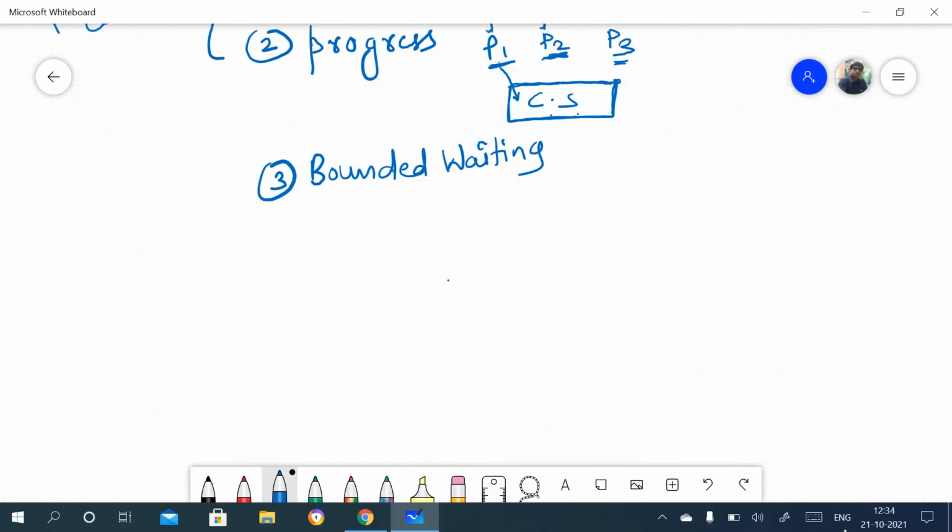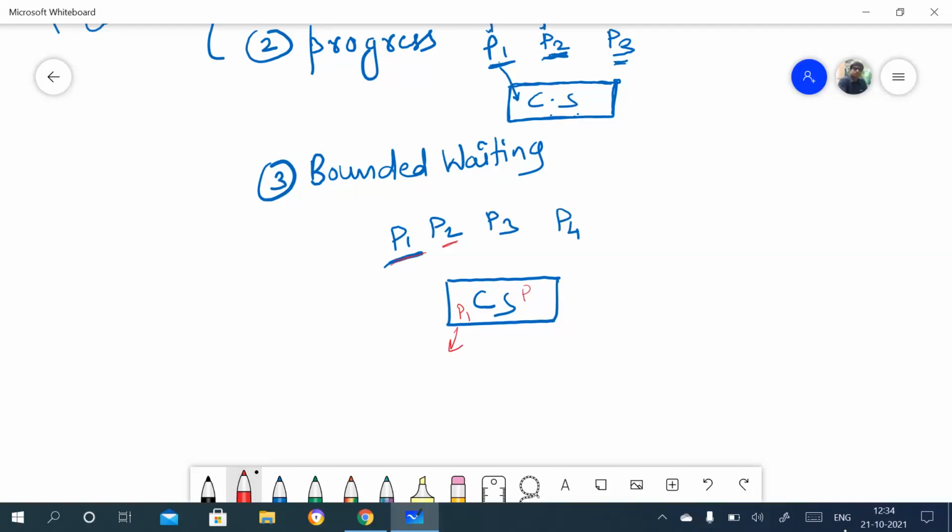Bounded waiting means, suppose again this is a critical section, and P1, P2, P3 and P4, these four processes are there. Consider P1 enters into the critical section, and then exits, and then P2 enters and exits. Suppose the interested processes are P1, P2, and P3 is also interested.